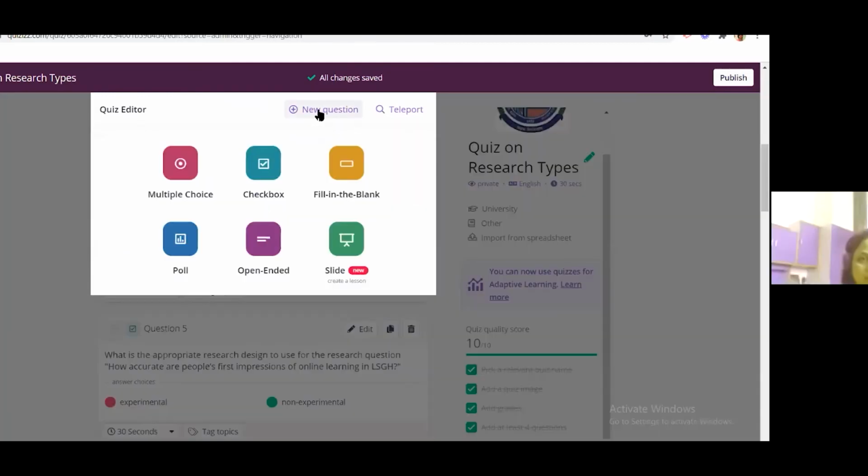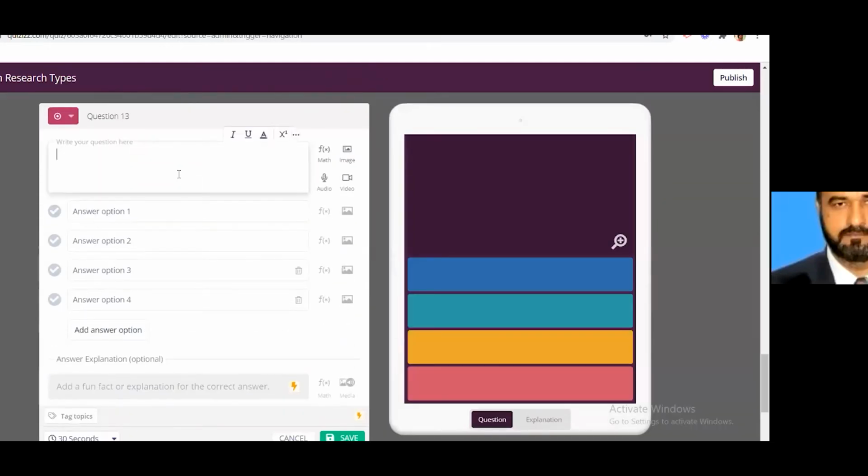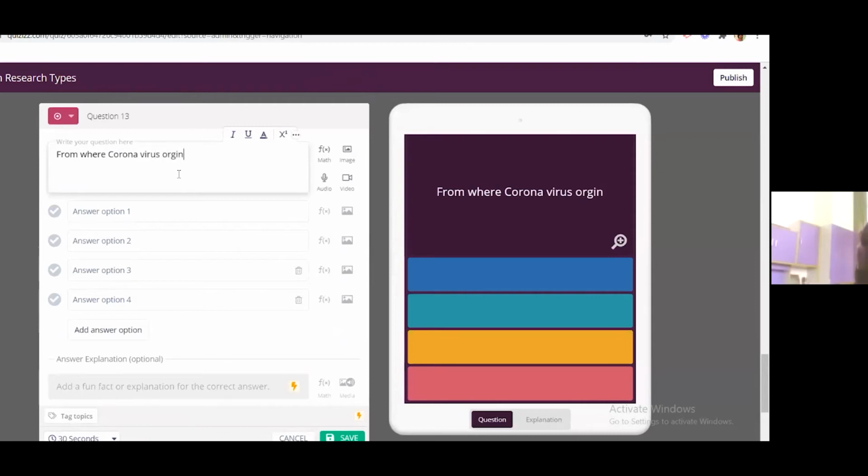Click on new question. Select the option. This is a research topic, but still we are preparing a rough quiz. Write, from where did the coronavirus originate?